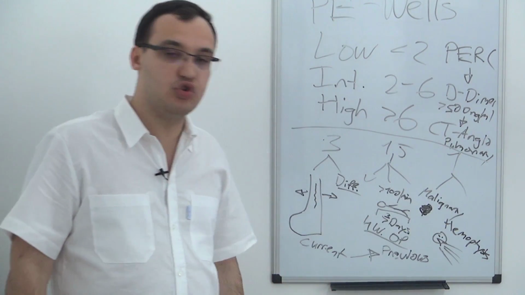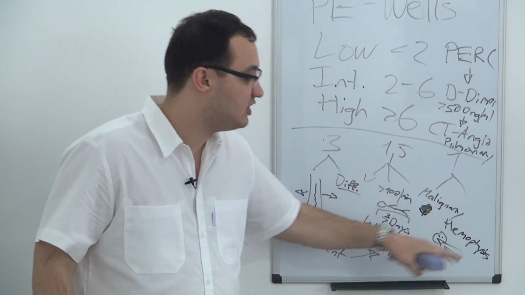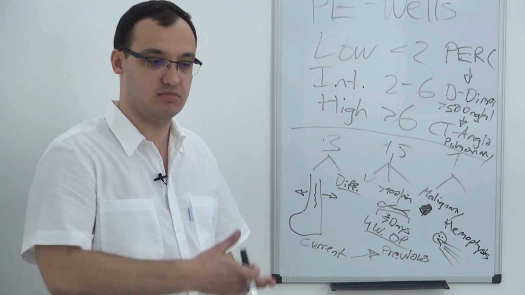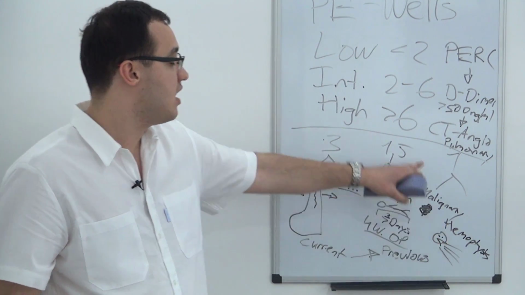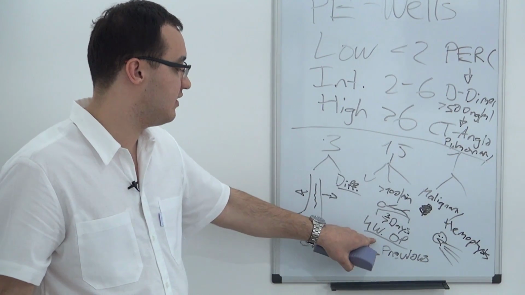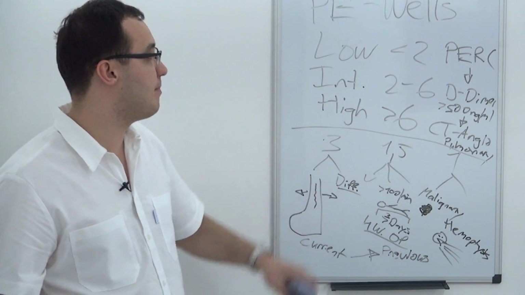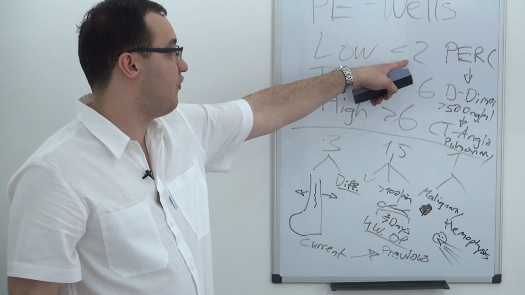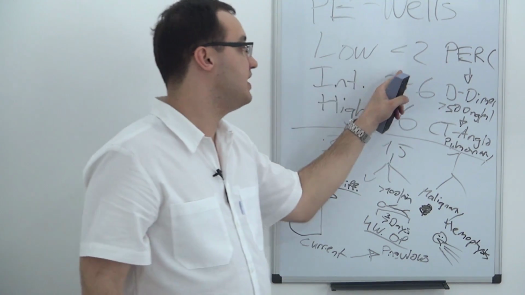Then I ask him, do you know about any tumor or malignancy in your body? No, he doesn't. Did you vomit any blood in the last days? No, he didn't. Okay, so I know that he only had a deep vein thrombosis previously. I gave him 1.5. I check my Wells table. I see that 1.5 is less than 2, so it's a low Wells criteria, which means that I go on